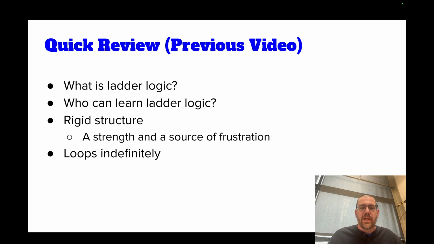Just a quick review in case you missed the other video or want to go check that out. In that video, I talked about what ladder logic is, how it has rails and rungs like a ladder. We talked about who is capable of learning ladder logic, pretty much anybody. We talked about how it is a rigid structure, which can be both a strength and a source of frustration. And we talked about how each rung is executed sequentially, and then the code just keeps looping through